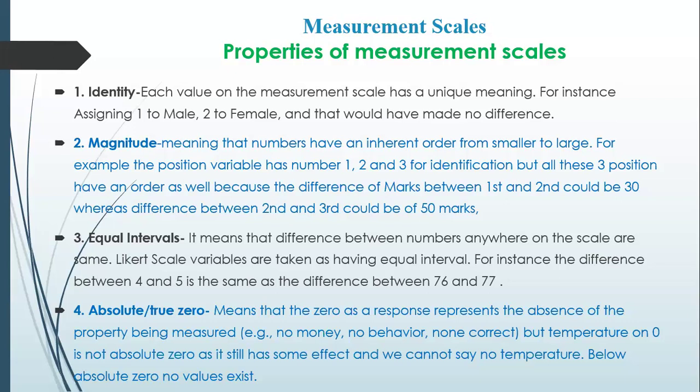So above sea level, we measure the heights of the mountains and the depths of the valleys. That is absolute zero. Zero means no, the idea is none. It means no money, no behavior, no incorrect, like that. Here we especially have to understand that in temperature, we can't